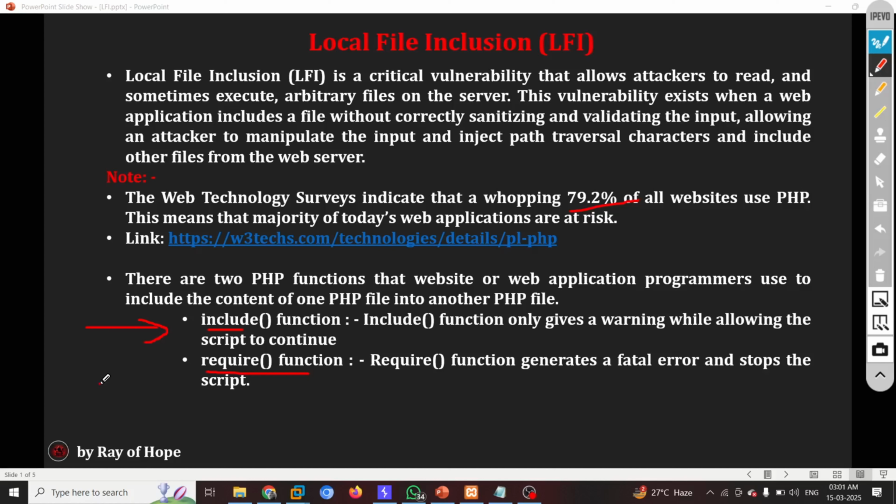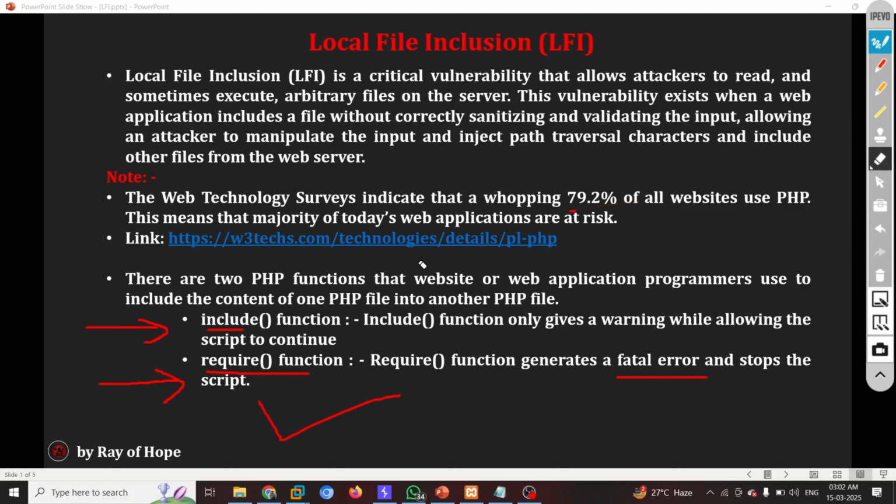But with the require function, suppose you provide code that will execute on the server, but it is using require. Even if in the entire code one line is incorrect, it will throw a fatal error. That means it will stop the execution of code right there, so no code will get executed on the server side.